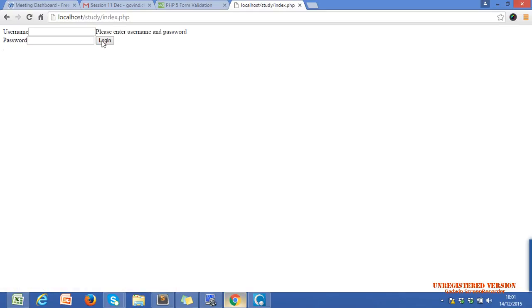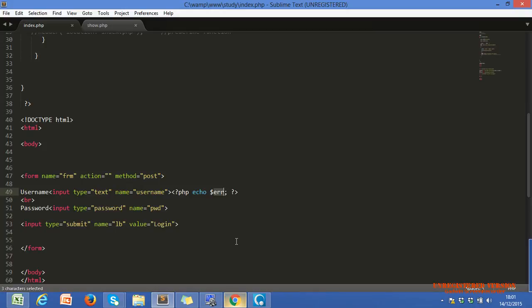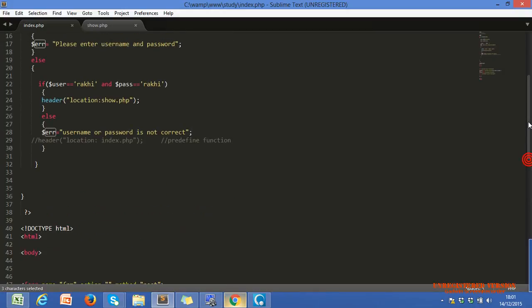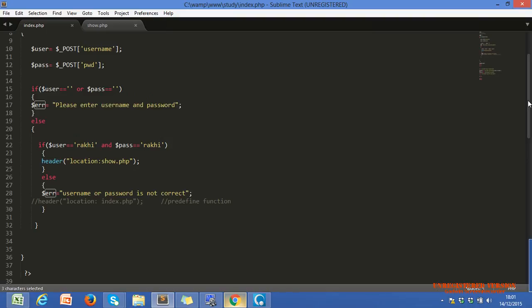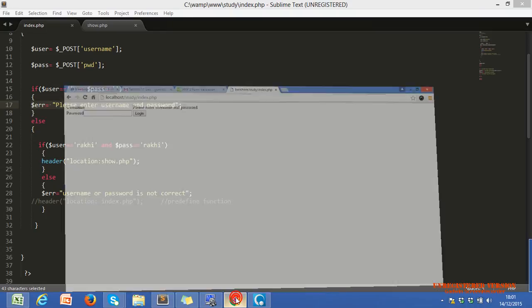Now my requirement is if we enter a wrong username and password, then I also get the message in the same place, but the right message: the username and the password is incorrect. If we have a value in the username and password text boxes, this condition will not execute. One second, let me show you.